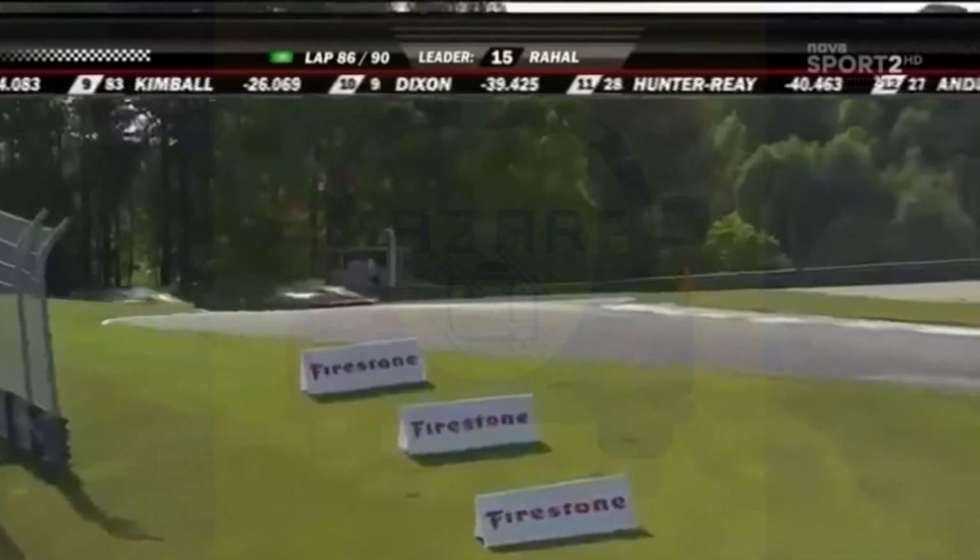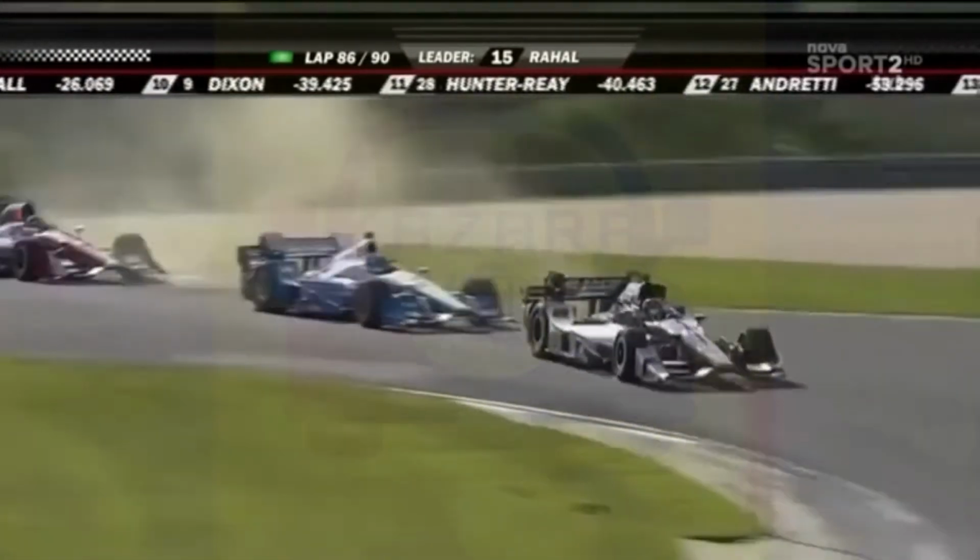Oh, the front wing's gone now. That's it. No way Graham Rahal can keep the pace with that wing gone. Wing has come off the 15 and off course he goes. Just a little bit too quick. If he didn't damage his wing, he'd probably be under review for a blocking move here. Well, it looked like Hawksworth just backed off to let the...